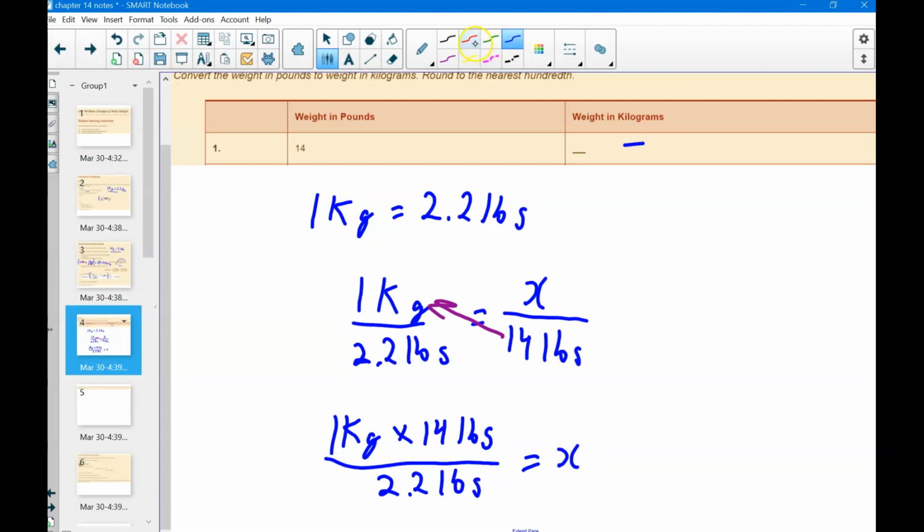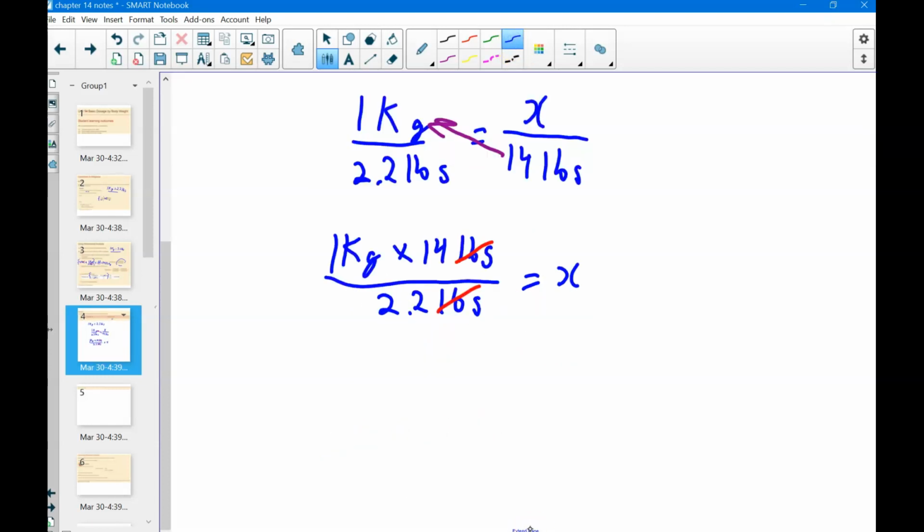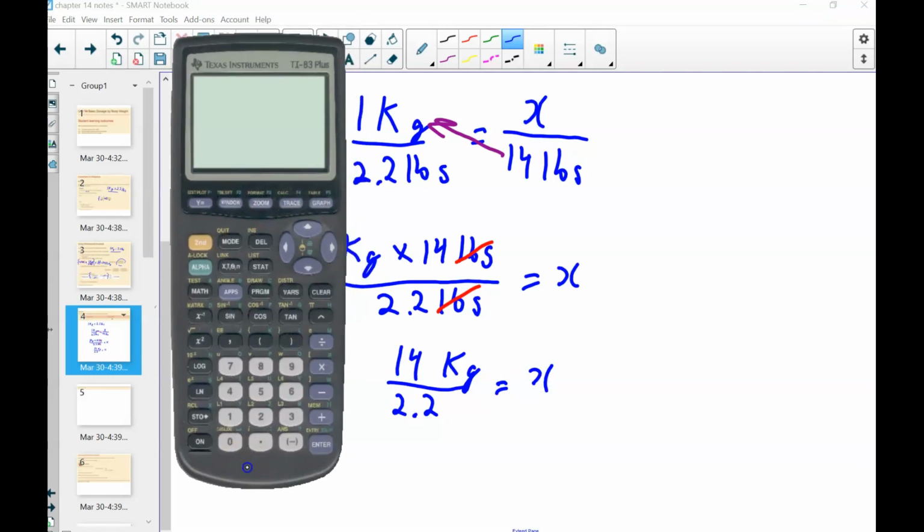The nice thing about doing it this way, you'll see right away that the pounds will cancel. My answer is definitely left in kilograms. So I have 14, keeping my units, divided by 2.2 equals x. And using my calculator,